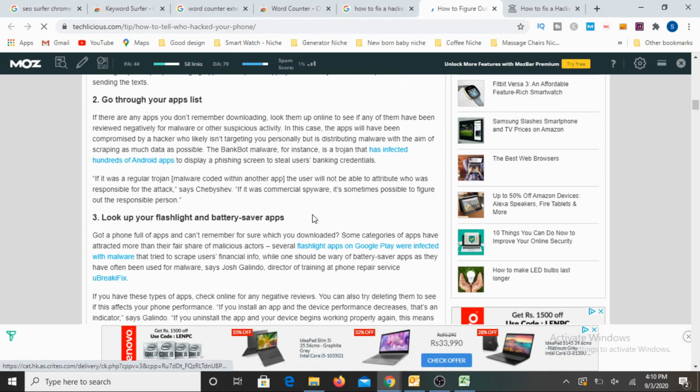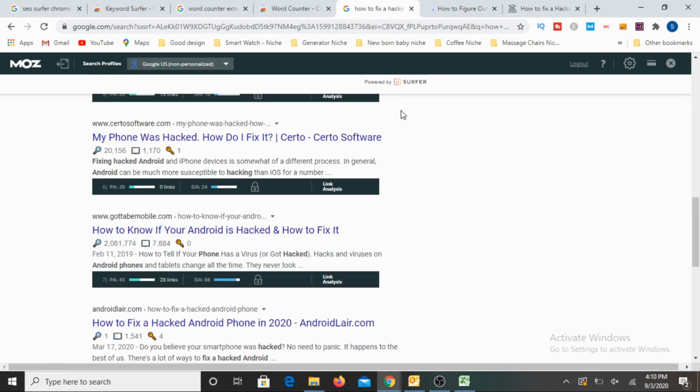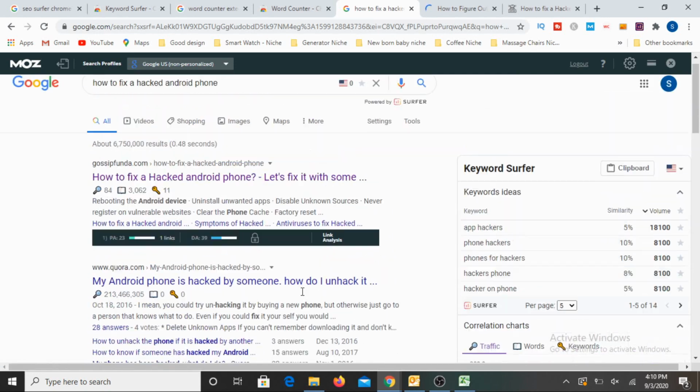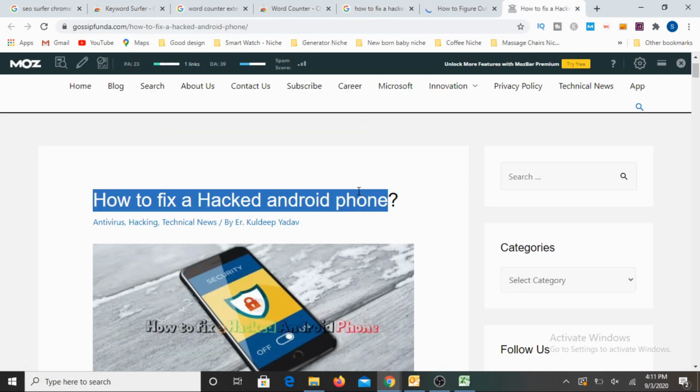That one, though it is so long, is not entirely focused toward the search query, so you can take that as an exception. On average, most of the articles are about 1,500 to 2,000 words, but the top one is about 3,000. So the best approach would be to attack the first one and produce quality content of 3,000 plus words, and also take care of the quality aspect.